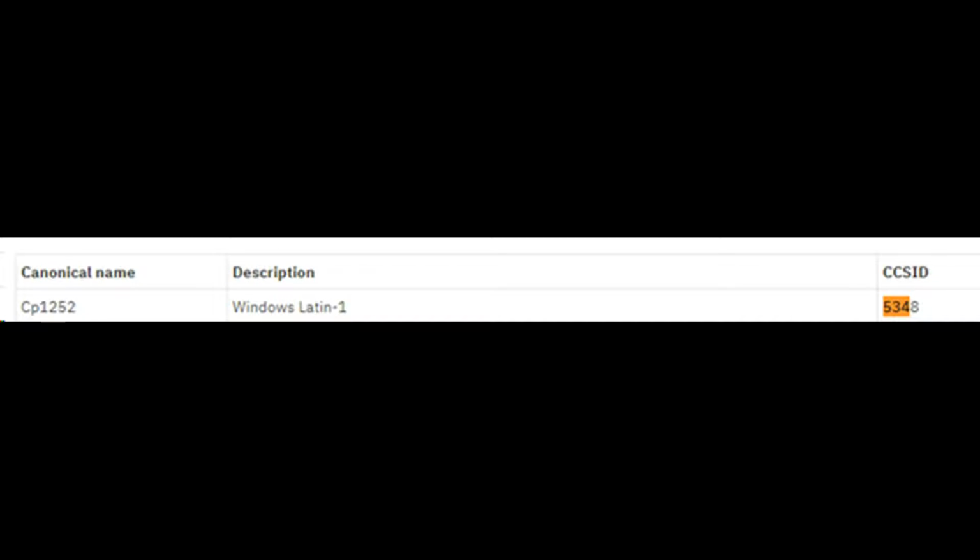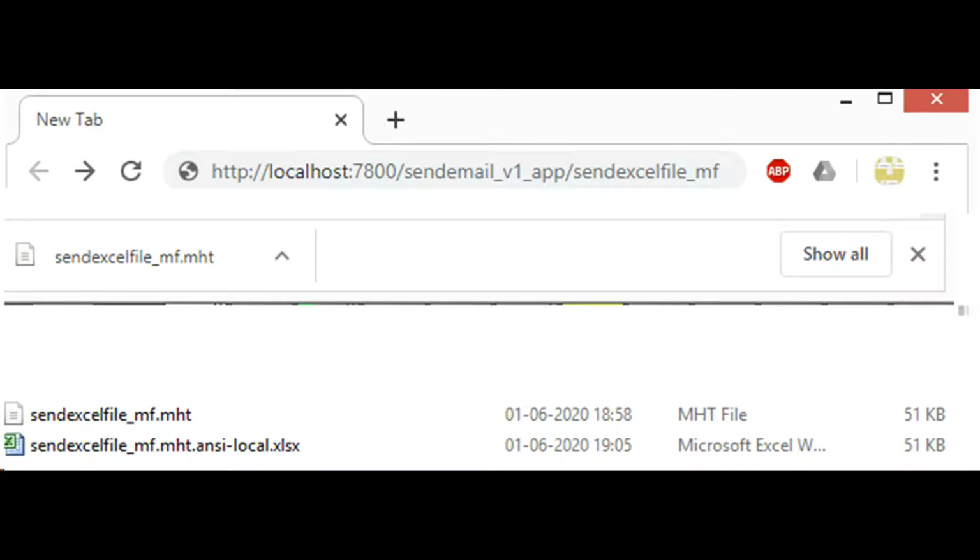File generated by a Microsoft Excel application was in ANSI encoding. When IIB read that file, the encoding is 5348 character set, which is ANSI. I disconnected the SMTP server and downloaded the file using browser and HTTP GET call.